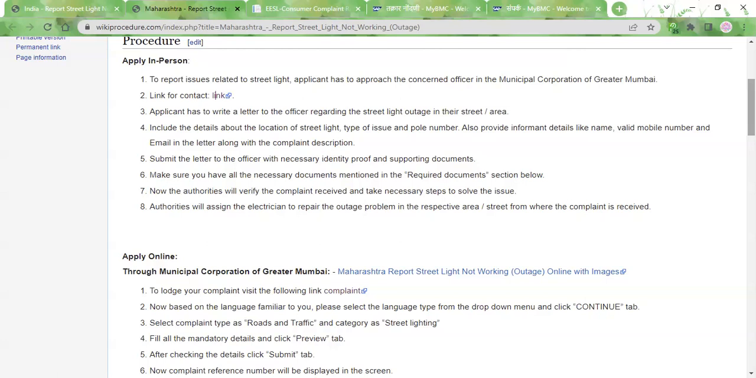Then, along with the letter, you also need to attach an ID proof and an address proof. For that, you can use a photocopy of any document that has your name and your address in it. It can be your Aadhaar card or your voter ID, your driving license, or your work ID. Any ID will do. So you just need to take a photocopy or a printout of it and attach it to the letter. After attaching it to the letter, you need to submit it to the authorities in the municipal